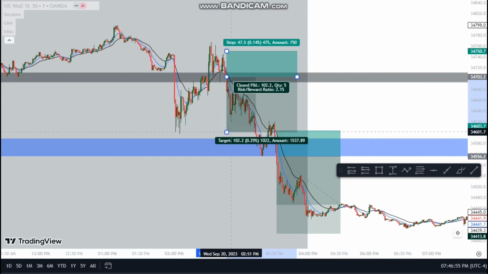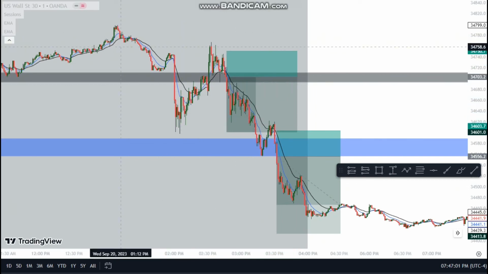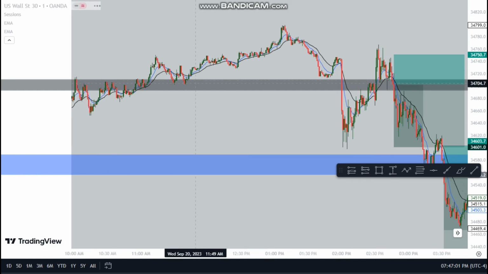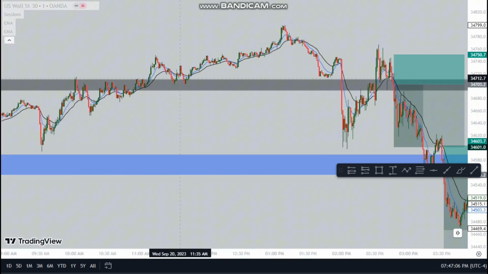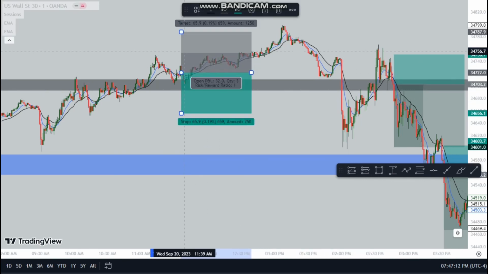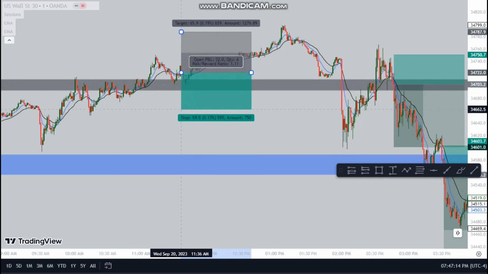Just always wait for it to come to your zone. Let it start trading below your zone after the crossover. After the crossover, you see what happened here? Came here, tested. On this crossover, the next candle, you should be entering your trade from here. Then your stop loss 50 points,